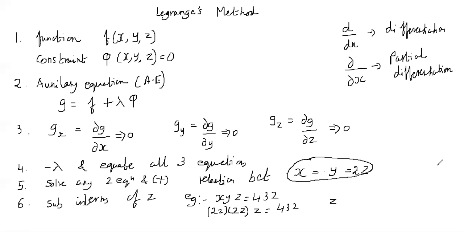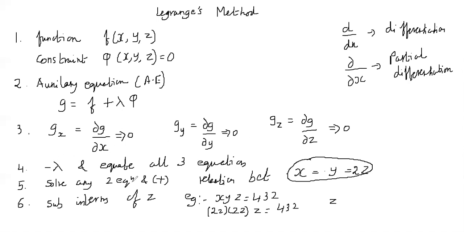Okay, so this is all about Lagrange's method. It is so simple. We can score full marks in Lagrange. You just have to know what partial differentiation is, that is, if we are differentiating with respect to x, then y and z are constant, and you have to know the steps. First, find f, that is the function, and c, the condition, that is the constraint, and make the auxiliary equation, g is equal to f plus lambda phi, and partially differentiate with respect to x, y, z,